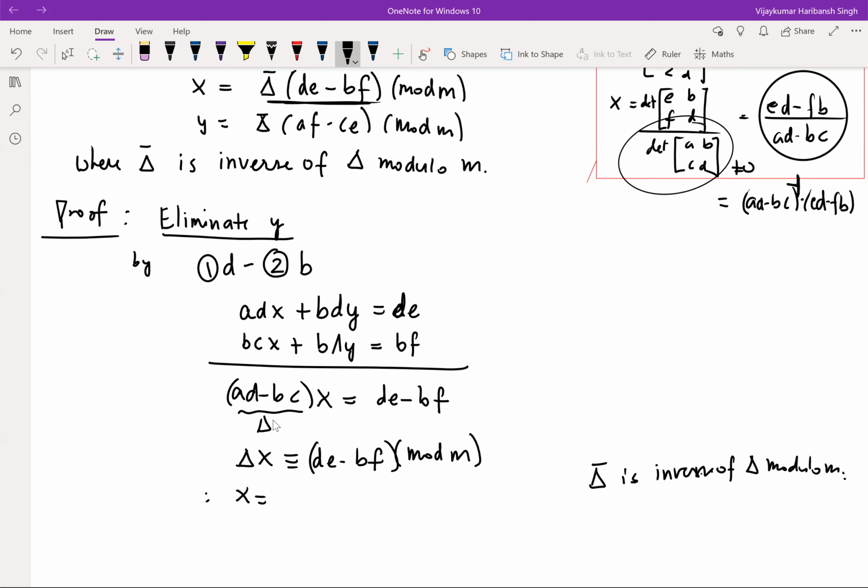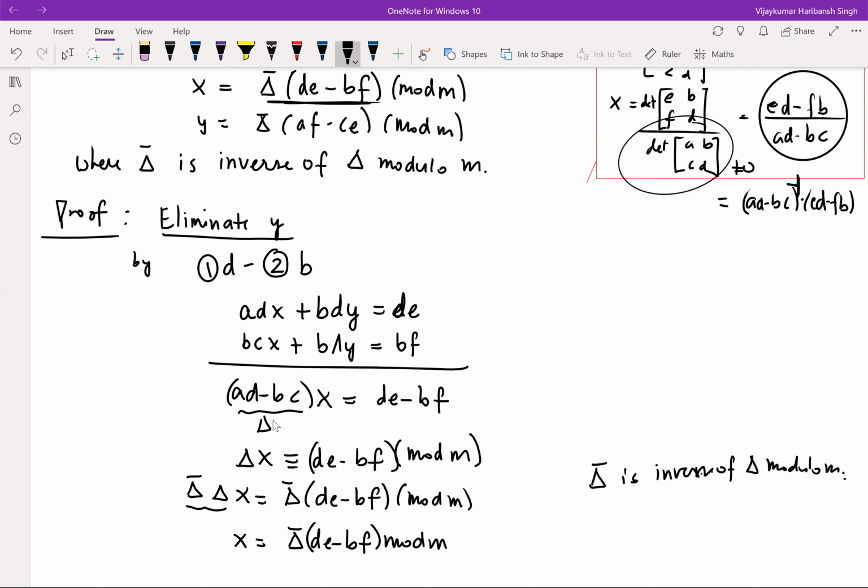So we get delta bar times delta x equals delta bar times (DE minus BF) mod m, and this delta bar times delta will become 1. So x is equal to delta bar (DE minus BF)